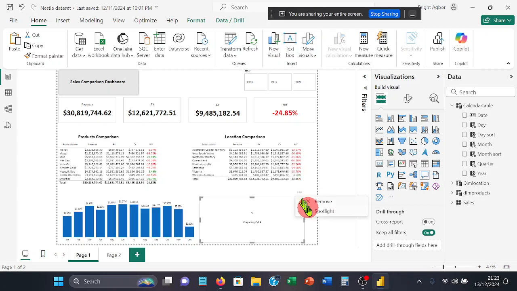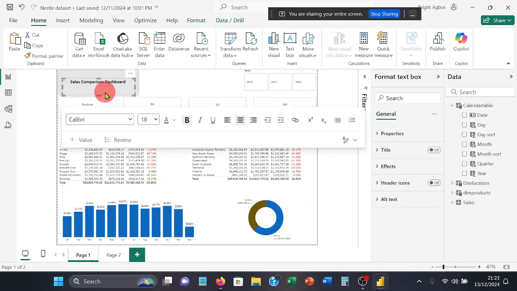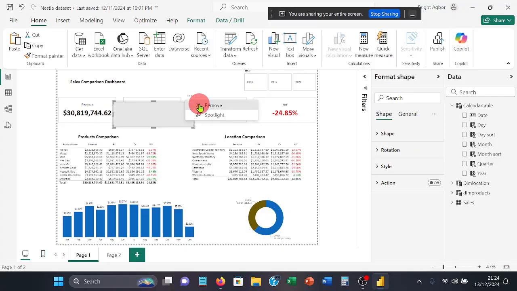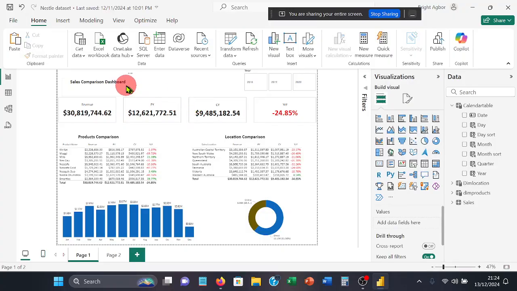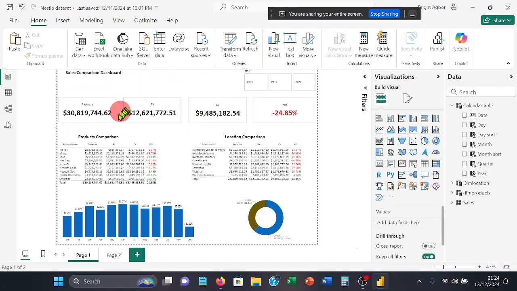I'm going to clear this off. So we have that. So this shape is an optional something. You can keep it, you can as well take it off. So let's take that off. So yeah, so when you are building your dashboard, you build it like this from left to right in a